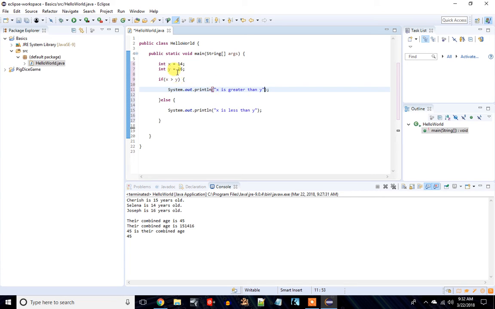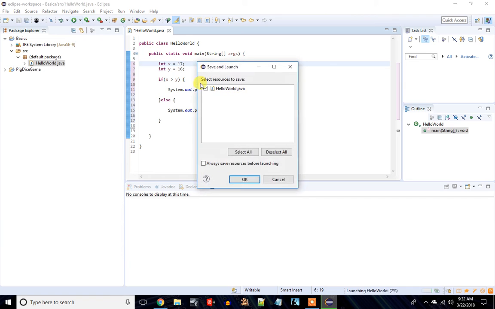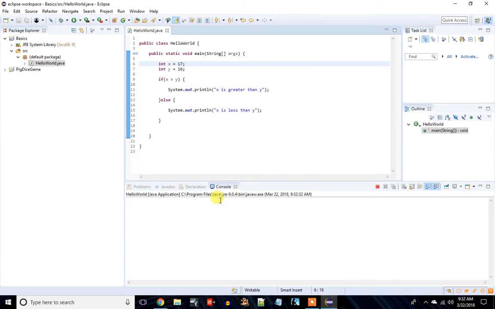So here, let me go ahead and change x to be greater than y. So I'm going to change it to 17. And then I'm going to run my program. All right, and it comes up x is greater than y. So else if it's not greater than y, it's going to jump down to the else portion and say x